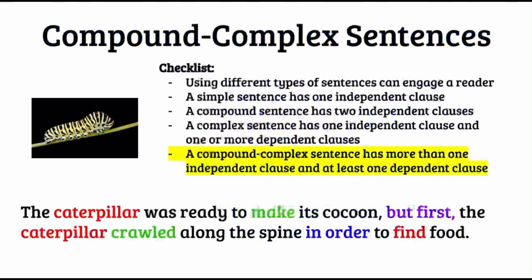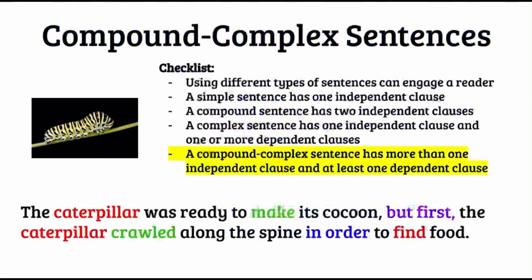So I've had to use a coordinating conjunction and a subordinating conjunction. So my coordinating conjunction is but first. It connects those two independent sentences together. The caterpillar was ready to make its cocoon, but first the caterpillar crawled along the spine. I've added another bit on the end, so I need a subordinating conjunction to help add it on, in order